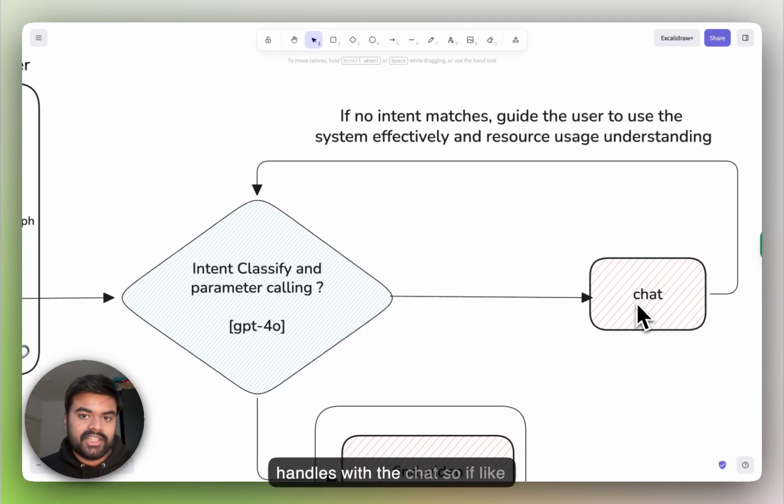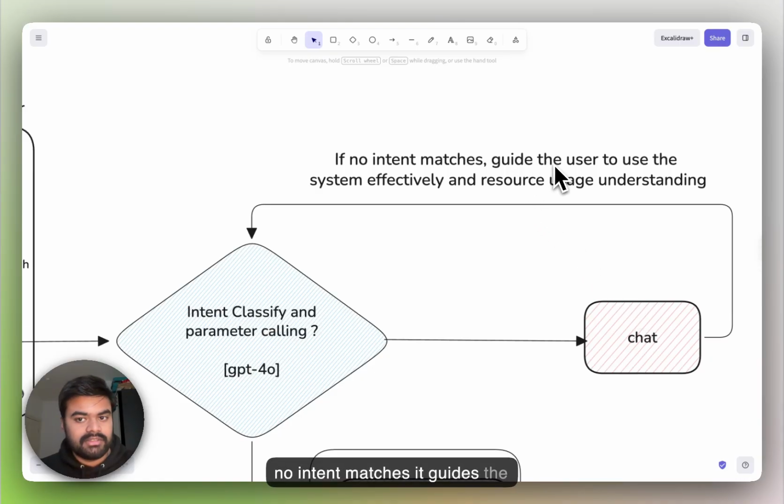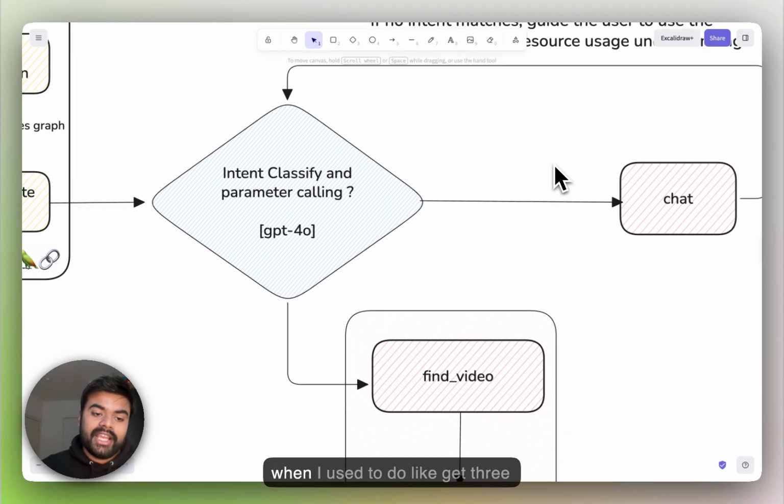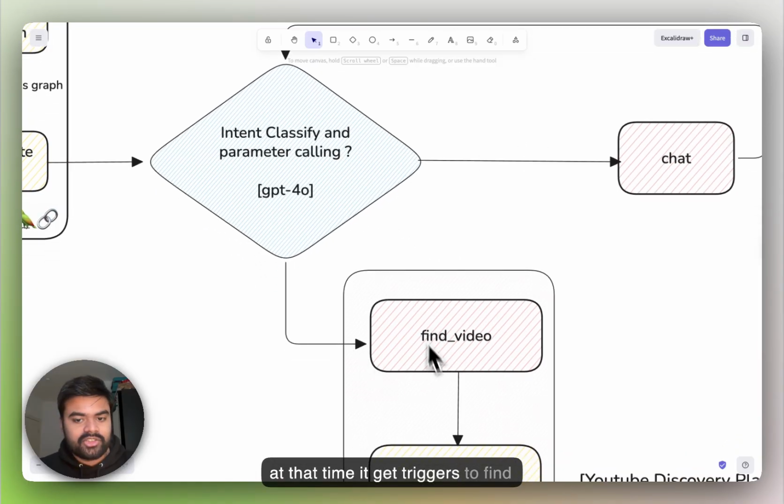As soon as I asked what it can do, it quickly provided the response. So it handles the chat. If no intent matches, it guides the user to use the system efficiently, so that the user understands what needs to be done, and if there is anything irrelevant, it gets the user to the correct point. When I asked to get 3 videos of this, or if I don't even mention how many videos I want, by default it's 3, so that's why it was taking 3 into account. But when I prompted it with get the videos for tourist destination, at that time it triggers find video,